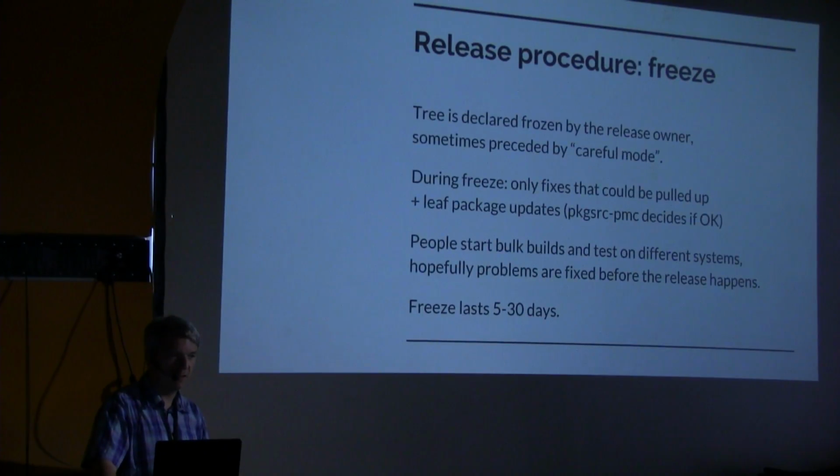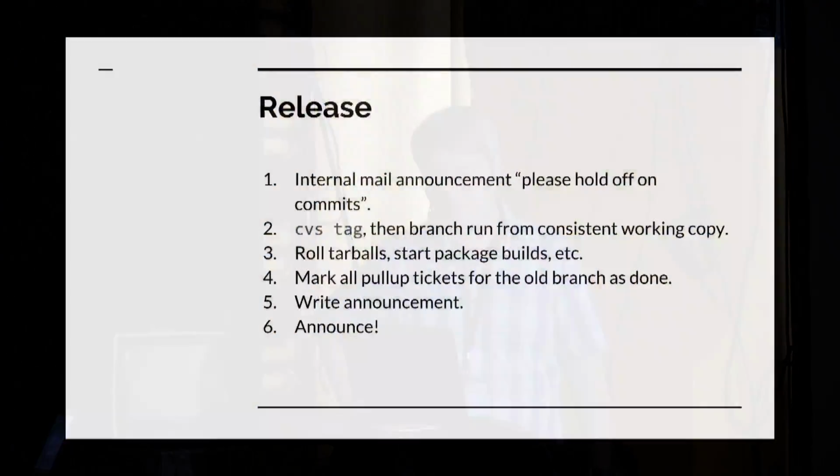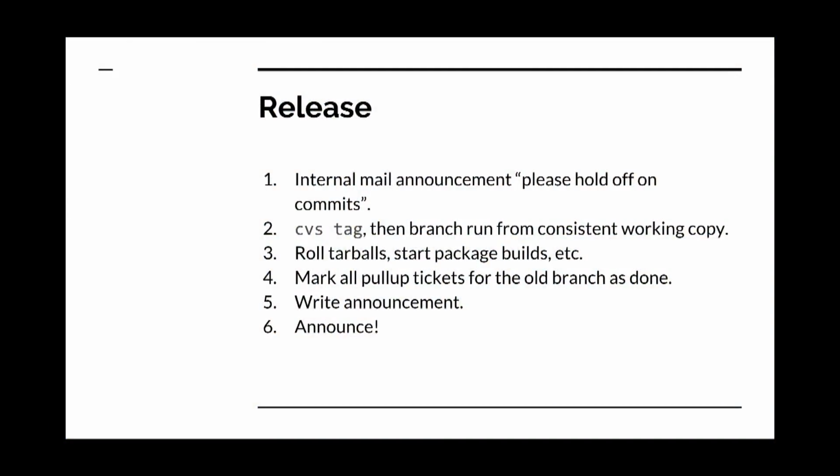And then once people are satisfied with the state of the tree, and or the release owner is satisfied with the state of the tree, the actual release happens. So first of all, there's an internal mail announcement saying, like, please hold off, please don't commit until further notice. And then from a working copy on somebody's workstation,